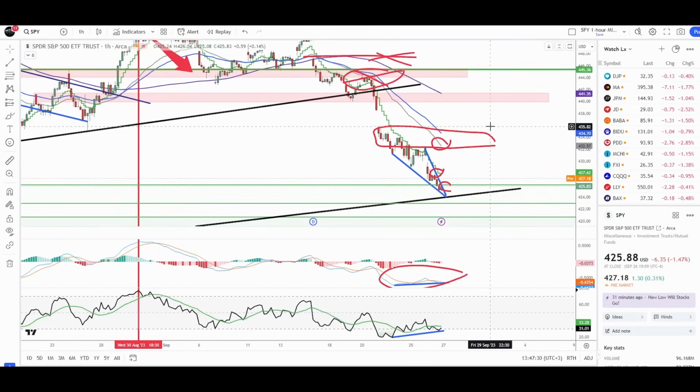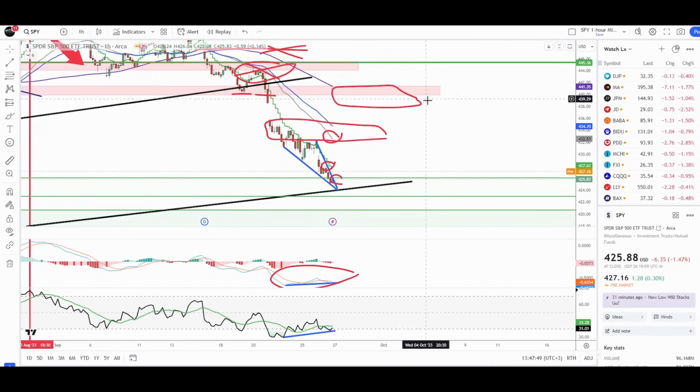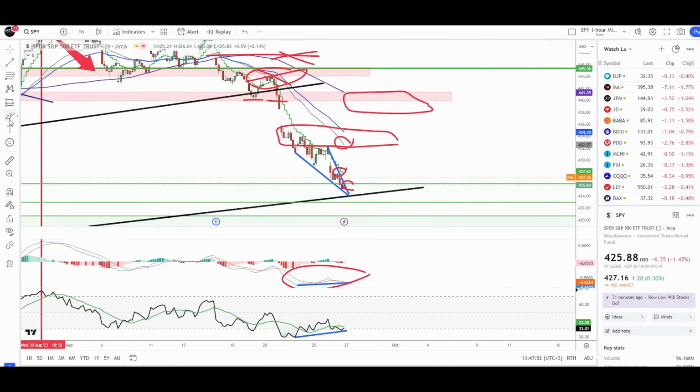Major resistance that will likely stop the counter trend rally is this level, the breakdown level exactly at 439.9. This is where I expect the counter rally to eventually fail and for the market to continue lower by the end of October. So we're now looking, legends, for a short-term bottom developing here in the next 3 trading sessions,